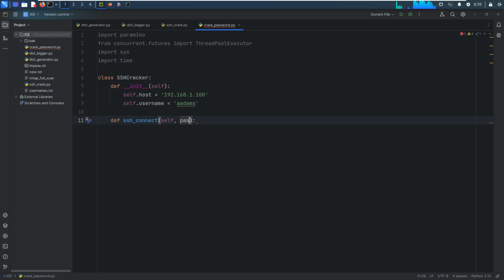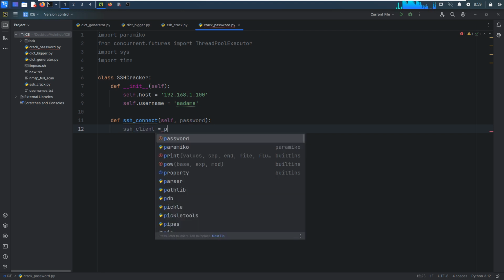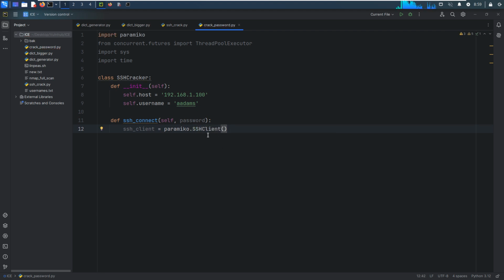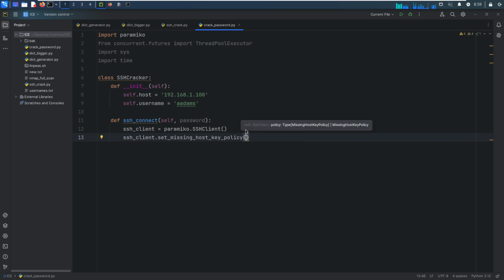Now we can define the connect method, with self, username, and password. Now SSH client would be Paramiko SSHClient, which is a class, so we can create the object for this class. As before, we need to set a missing host key policy, Paramiko AutoAddPolicy, and then we can try